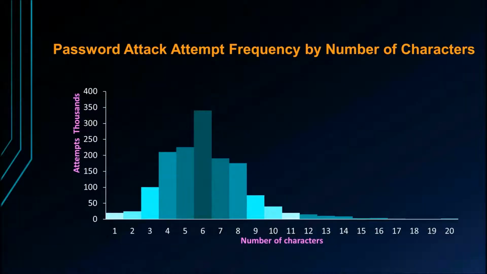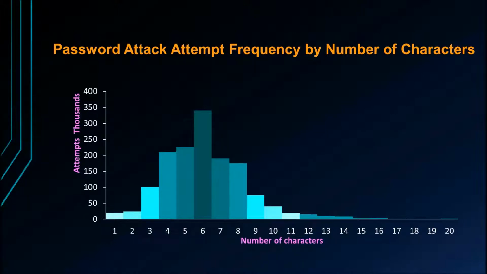This graph illustrates the range of characters that an attacker might try and attack your system with. He's going to guess passwords between the 4 and 8 character range that you can see here. Anything shorter than 3 he's not going to waste his time with because most systems will just reject outright. If you try and enter a 3-character password for your Windows, it generally is not going to accept it.